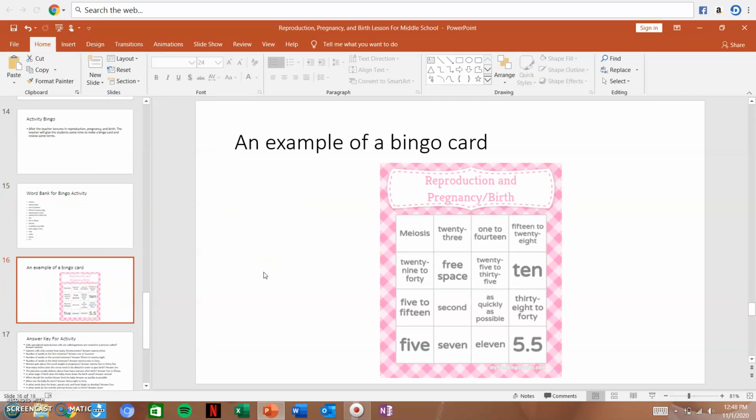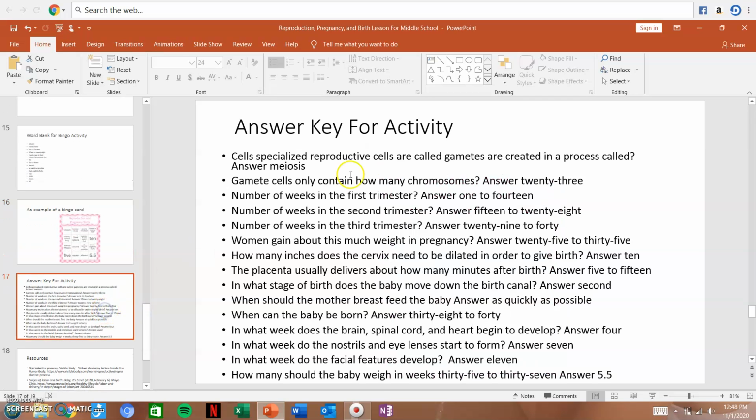And here is an example of a bingo card. Of course, the students could put the terms wherever they want. This is just an example that I created. And then after all the students create their bingo card, the teacher will read the questions and the students will mark them off, and the first one to get bingo, of course, wins. And then my questions for bingo are: